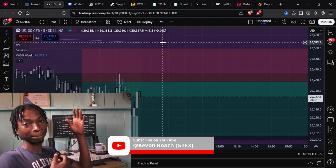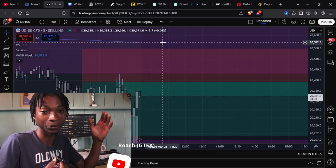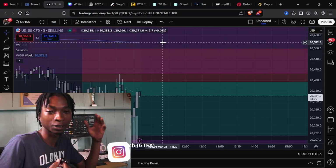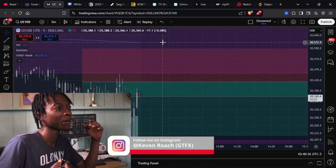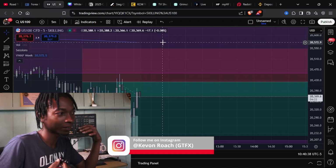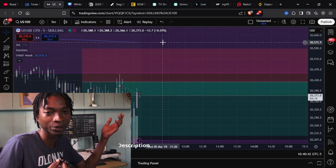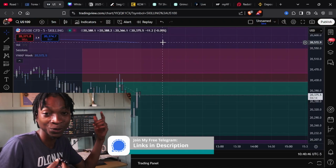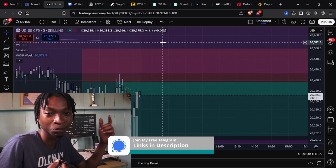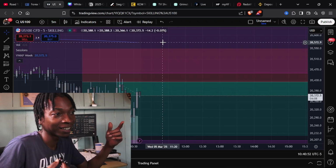Bro, this is exactly why trading can be like an emotional roller coaster. I was just up nearly $180 or so. Price came all the way back up to the entry and stopped me out at BE,